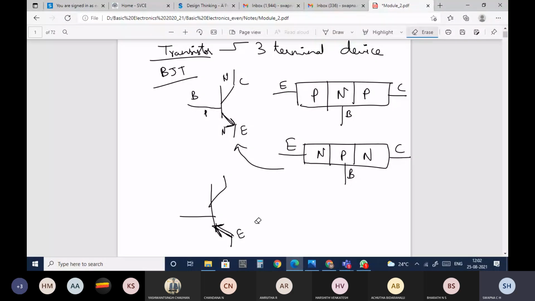Let me just draw it once again. Whichever is having arrowhead, that is your emitter. The center one will be base and the left out will be the collector. And this is your PNP transistor.